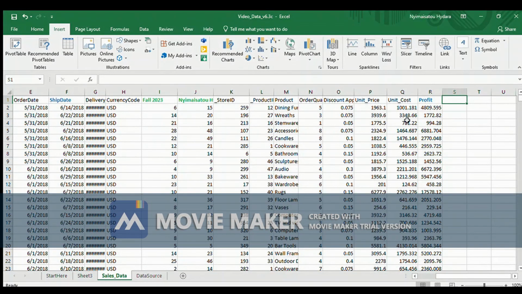I'm going to demonstrate how to build a pivot chart. But first, let's find the gross margin. The formula for gross margin is unit price minus unit cost divided by unit price. So click on cell S2. In the formula bar,